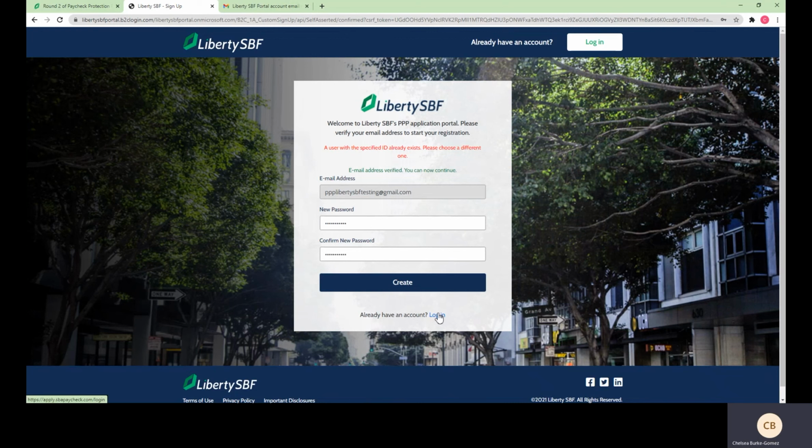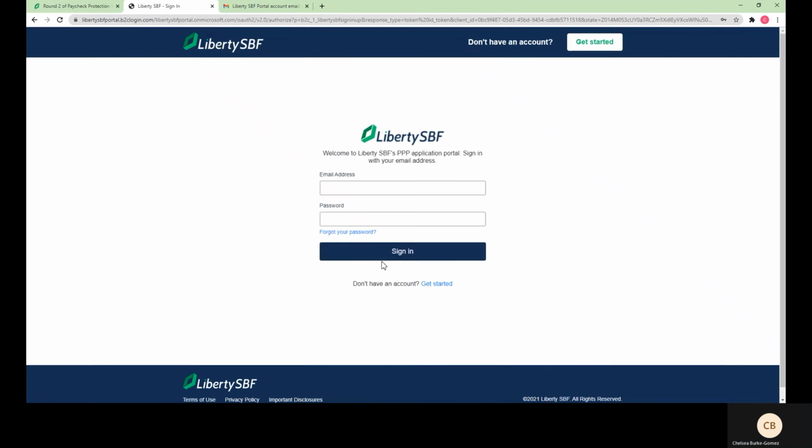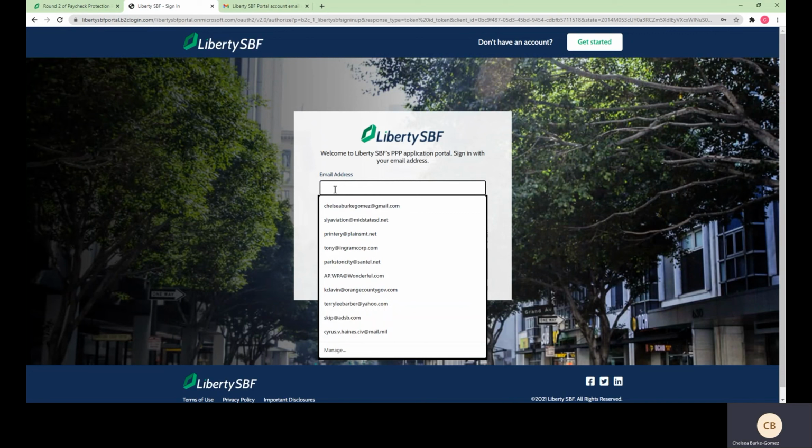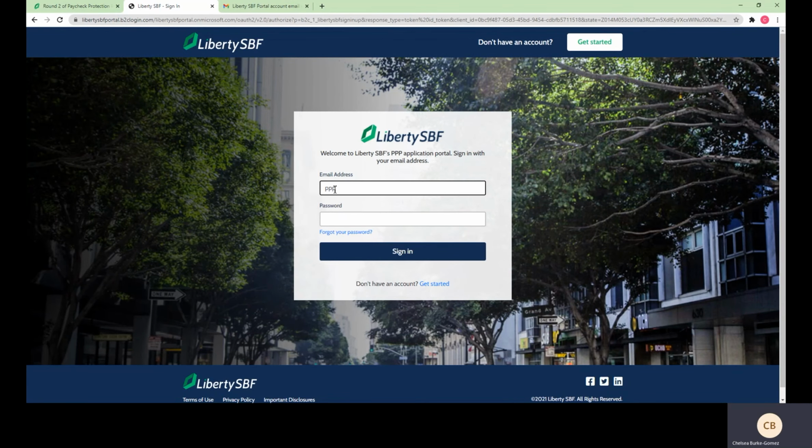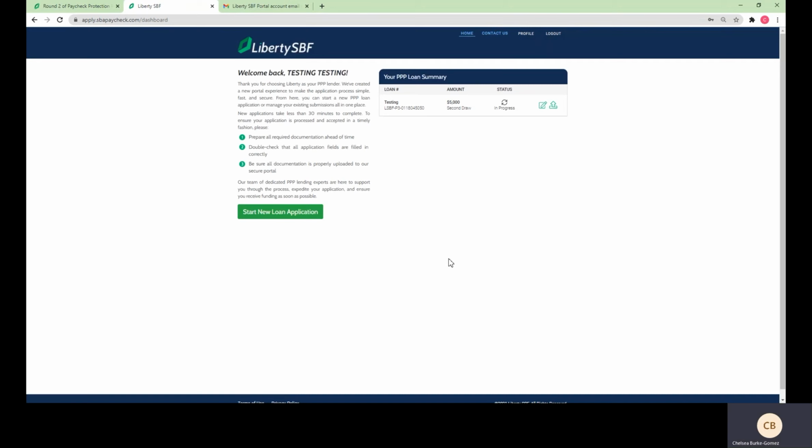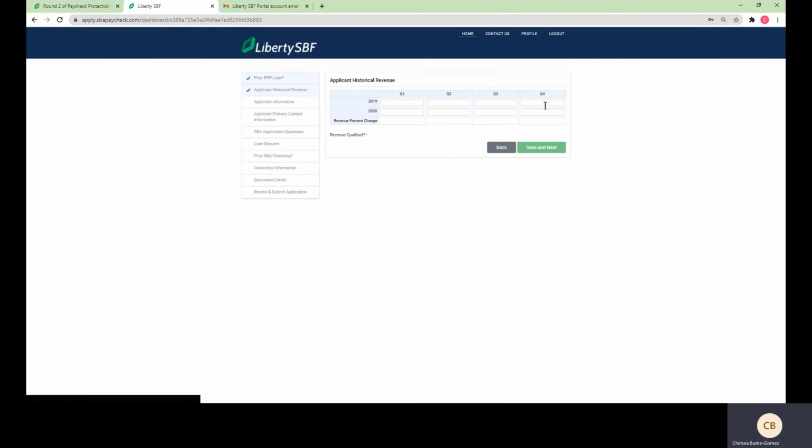So what I'll do from here is I'm going to hit login and retype in my testing email address. Wonderful. So it's prompted me to this application that I actually had already started working on,